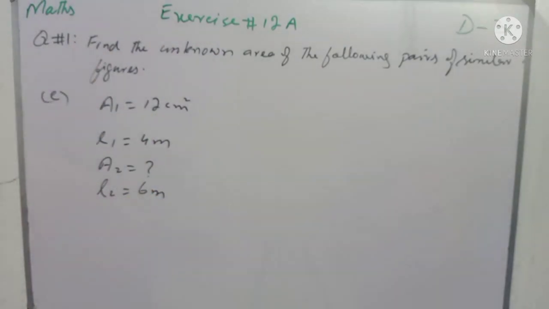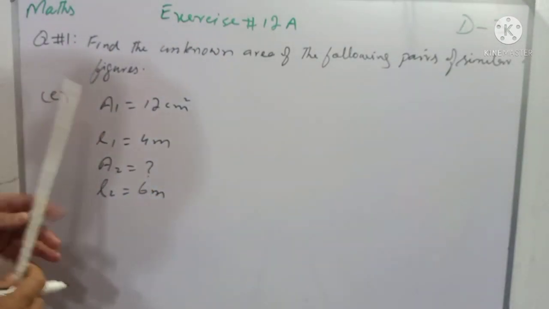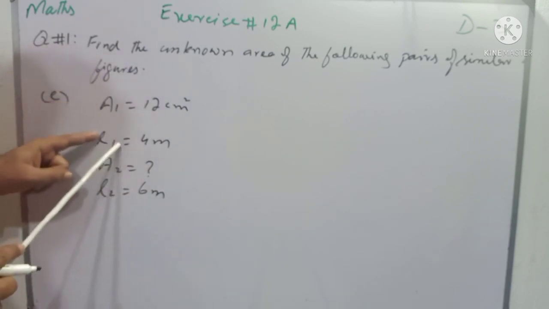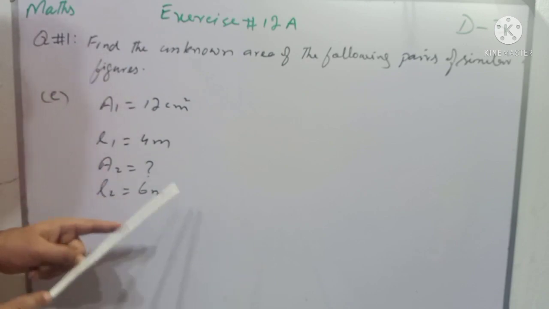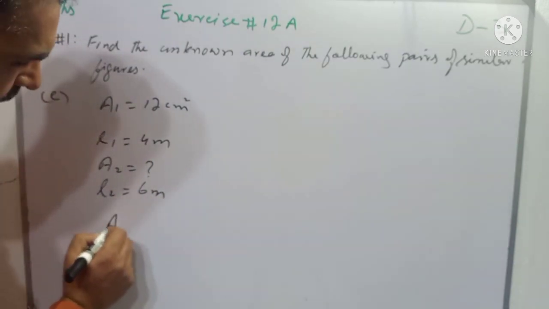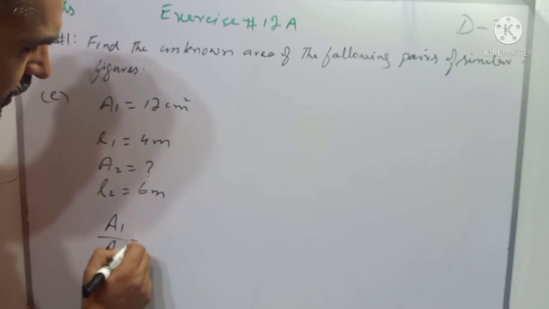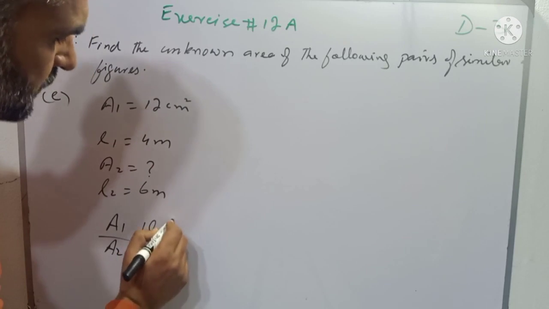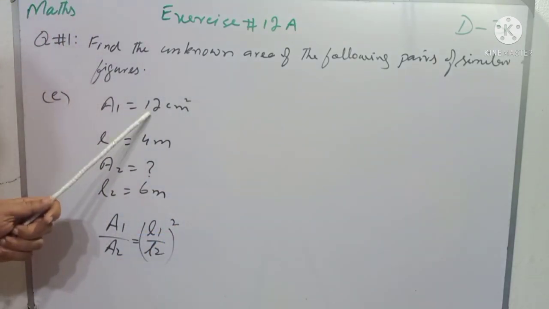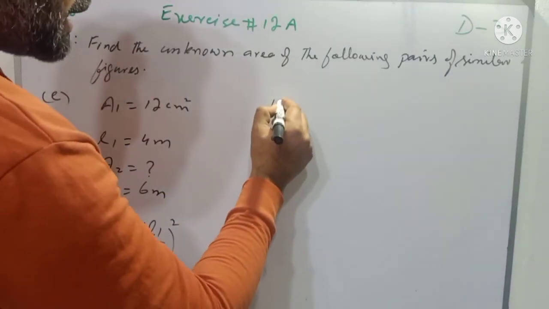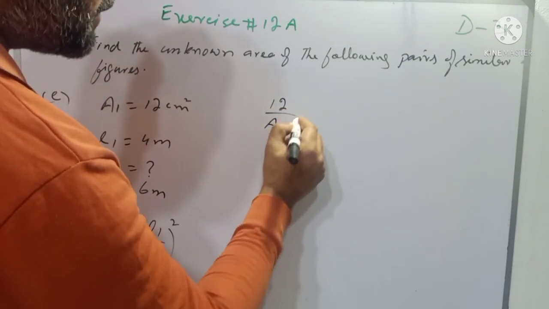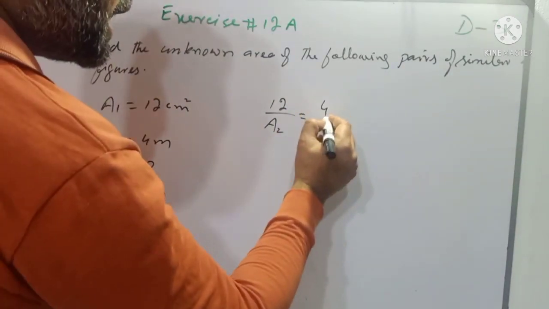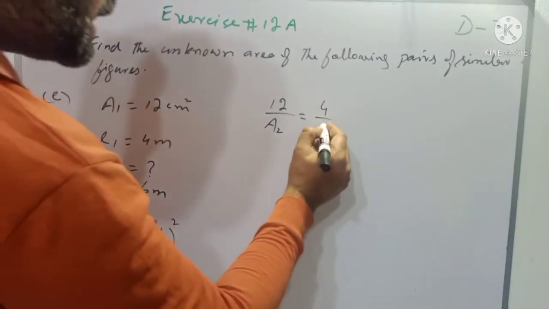Now students, same formula will be applied again: the ratio of the areas of these two figures will be equal to the square of the ratio of the corresponding sides of these two figures. So we will apply the formula A1 over A2 is equal to length 1 over length 2 whole square. Area of first figure is given, that is 12, so it is written as 12 over A2 that we have to find, whereas L1 is 4 and L2 is 6 and